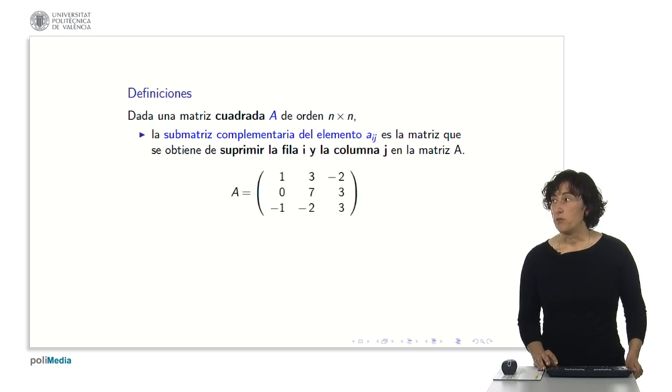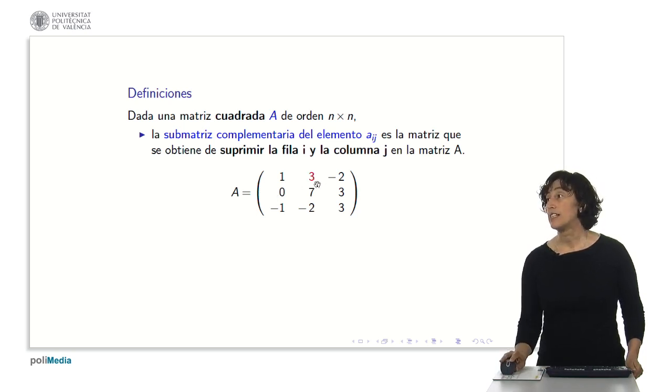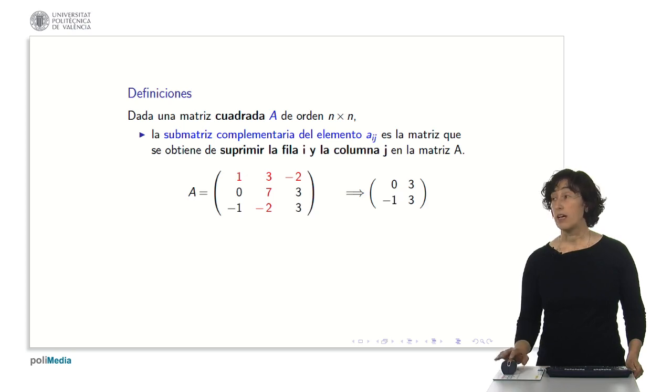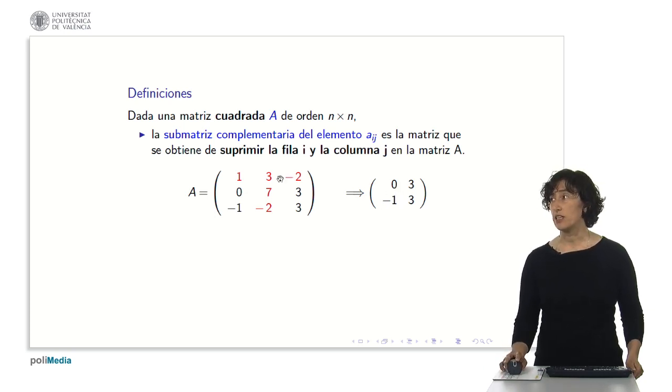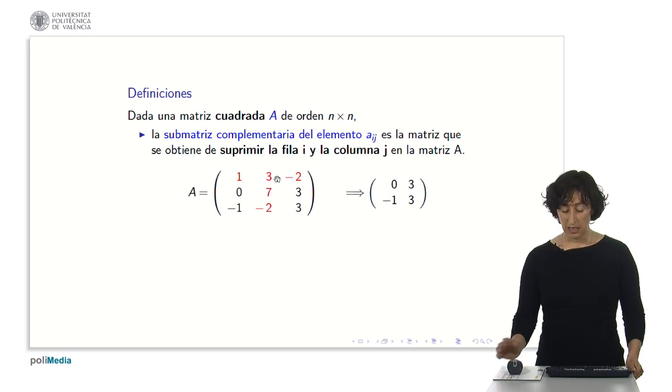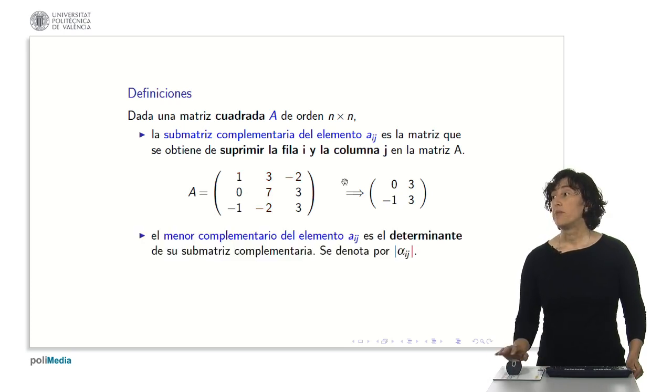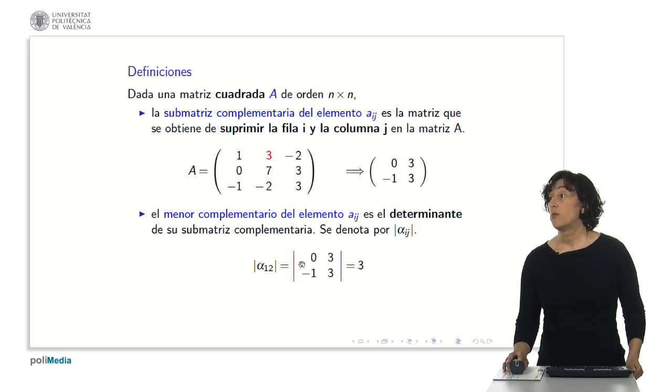For example, if I have this matrix and I want to calculate the complementary submatrix of this 3, for example here, which is the element of the row 1 column 2, then I simply have to eliminate the row 1 and the column 2, and what is left? 0, 3, minus 1, 3 is a matrix of a lower order, obviously, which is called a complementary matrix of this element 3, of the element of the row 1 column 2. Well, since it is a square matrix, we can also calculate its determinant. If we calculate the determinant, it is called minor complementary of the element A sub ij. That is, it is the determinant of the complementary submatrix. In this case, for example, the determinant of this submatrix is 3, because that would be the minor complementary of